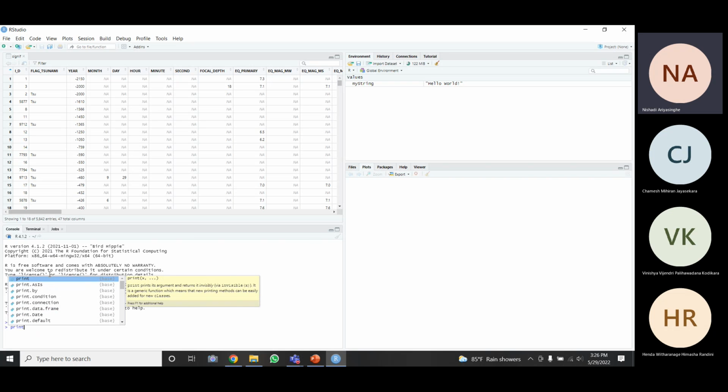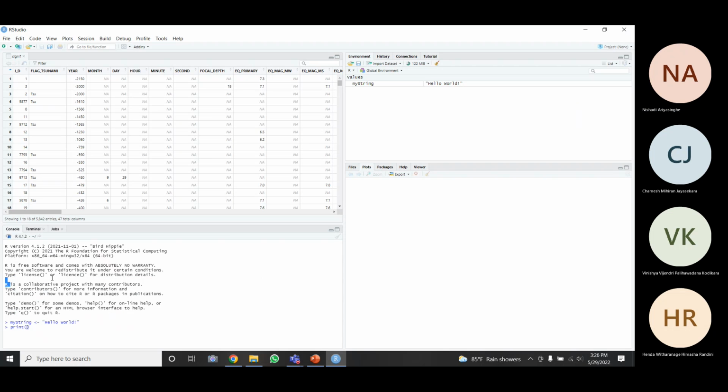So you can use this keyword print, and I'm going to print my string. You can use the keys control and space in order to fill the word.